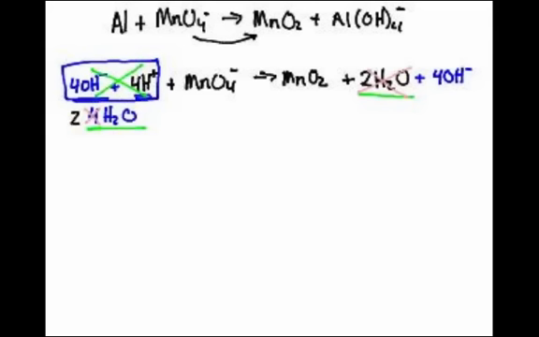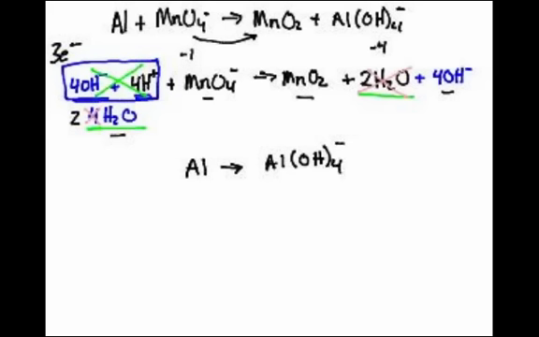Except for charge. So let's watch the charge here. The left side, if you add that up, there's a 0 charge here, a -1 charge here. So that's -1. 0, and then -4. So I need to add an additional 3 electrons on the left side. So I'm going to say 3 electrons on the left side. This would be best if you had a wider piece of paper, and I'm running out of space. Just as a side note, guys, if you put the electrons in before you do the hydroxide thing, you're still going to get the same answer. You can do the hydroxides first and then balance the charge, or you can balance the charge with the electrons and then do the hydroxides. It's going to come out in the wash. Now, this second half